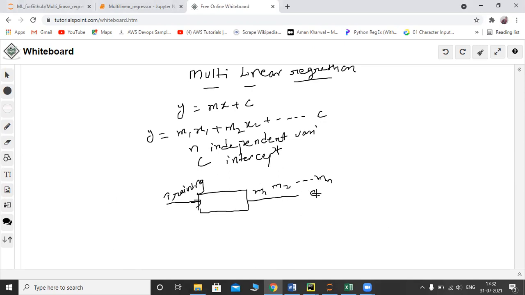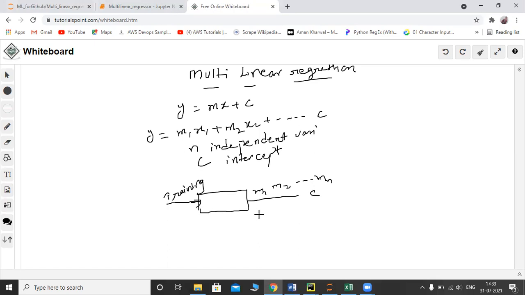Our sklearn library does this for us. Behind the scenes, using the gradient descent algorithm, it estimates m1, m2 ... mn and c.